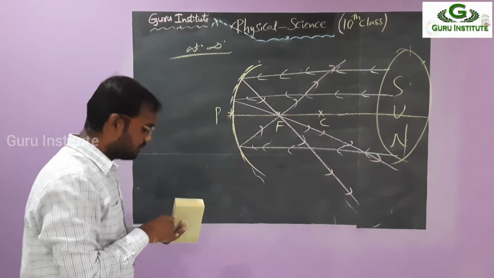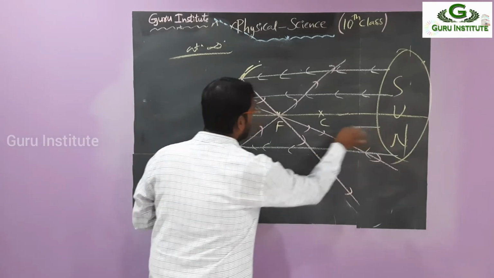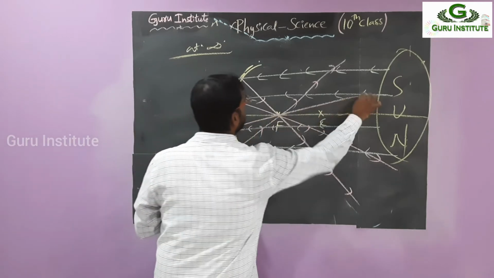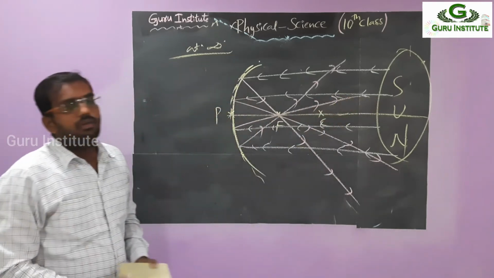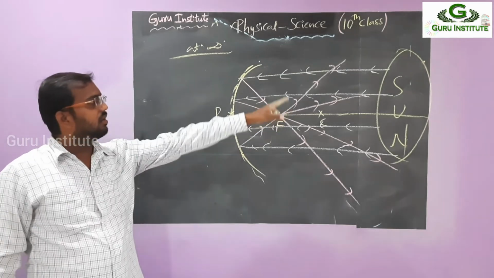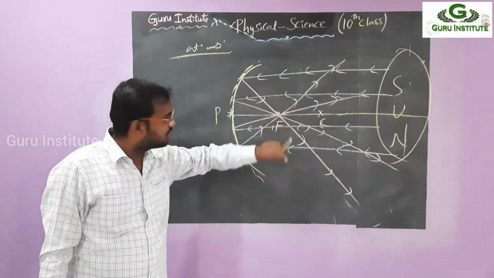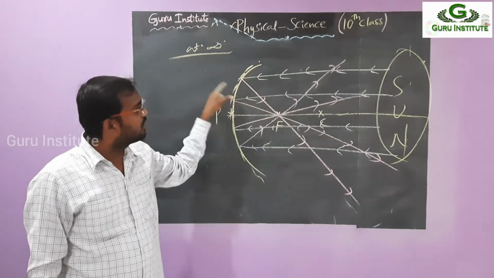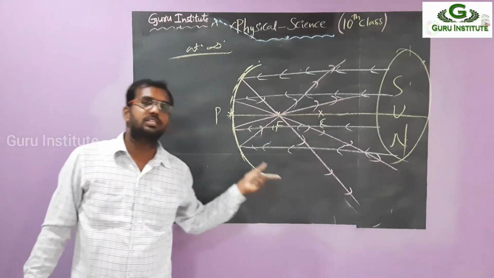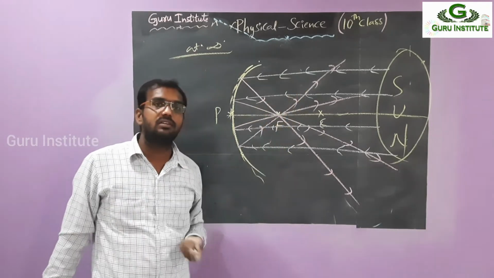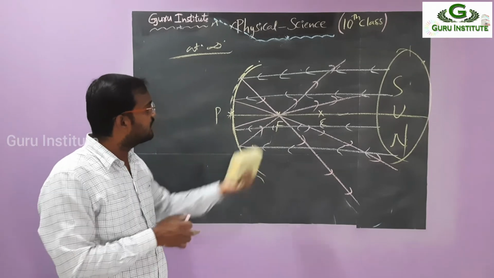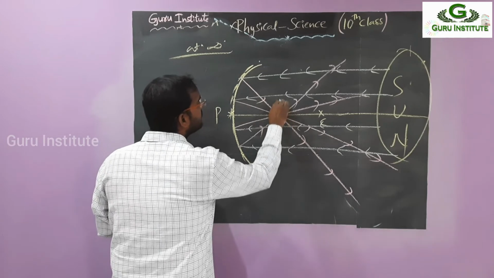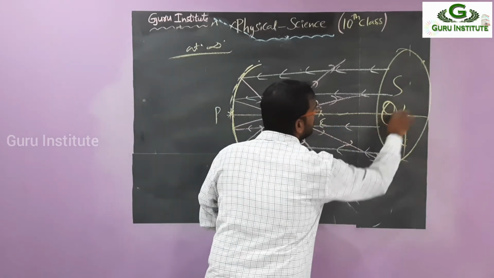For observing the concave mirror, we have seen this. Again a parallel line. Only parallel lines we have to assume. So it is moving through the focus only. Object is at infinity means we have to take the sun. Always we are taking parallel lines. First, second, third, fourth. Above the principal axis we are taking 2 lines, below the principal axis we are taking 2 lines for observation. All are moving through the focus only. Why? Because all are parallel to the principal axis and pass through the focus. Where do they meet? They meet at only one position, that is the focus. So that's why the image is formed here only. This is the object. The sun is called the object.